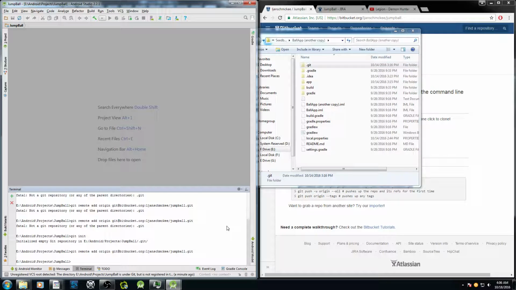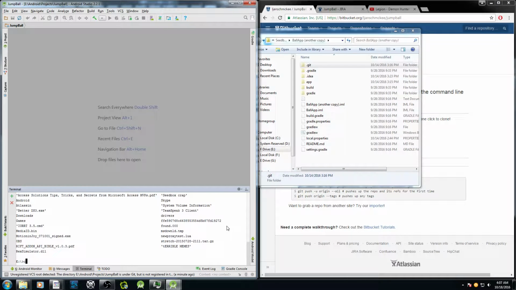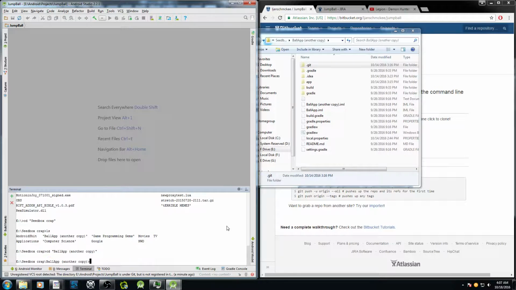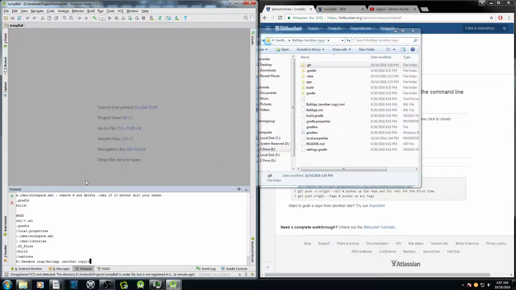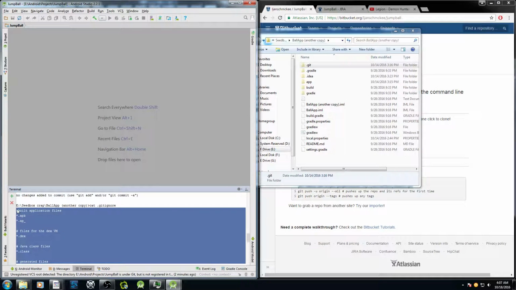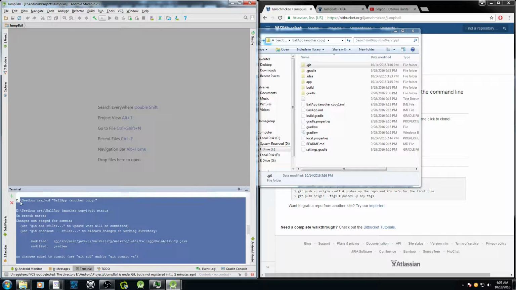Let's just do it like this. Yeah, that's what I want, so we're going to take this. This is just a pretty generic git ignore file